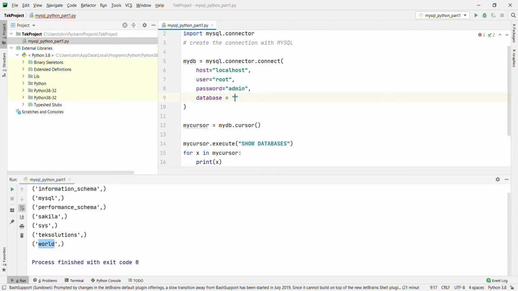database equal to double quote tech solutions. Okay, what will happen here? It will connect with the particular database tech solution only. Okay,